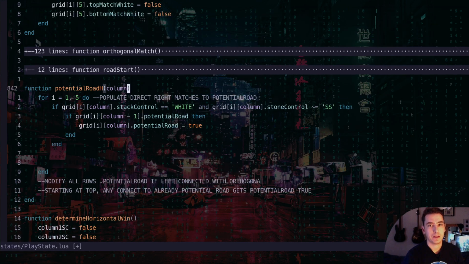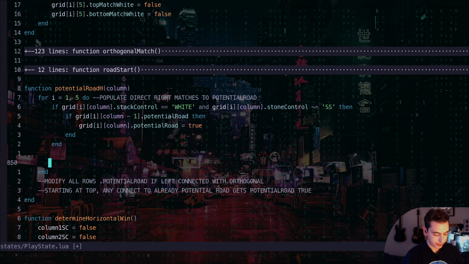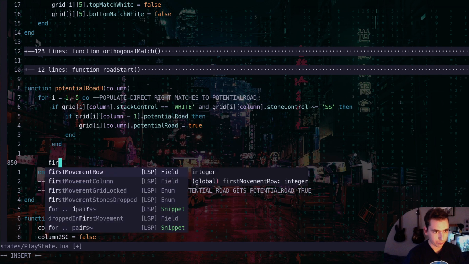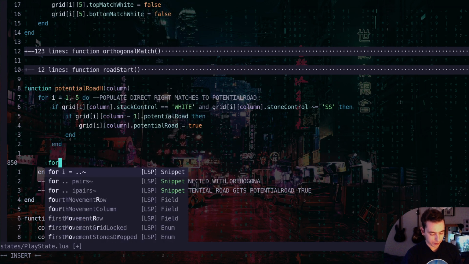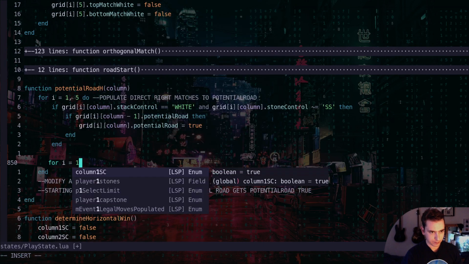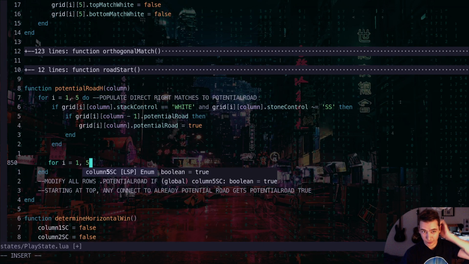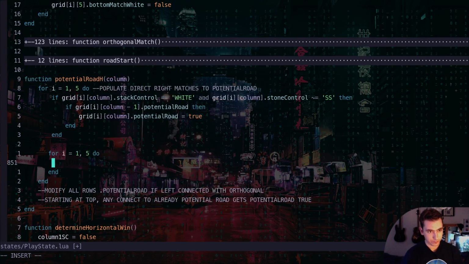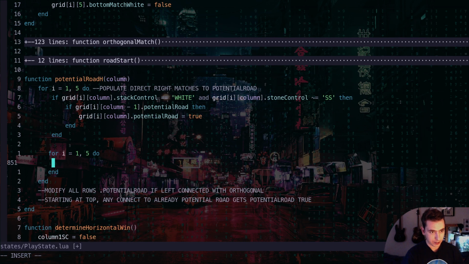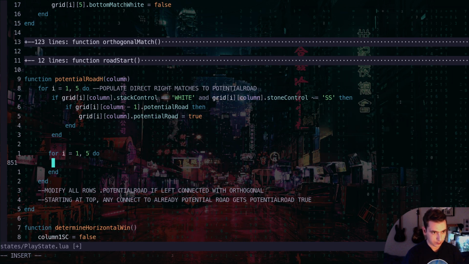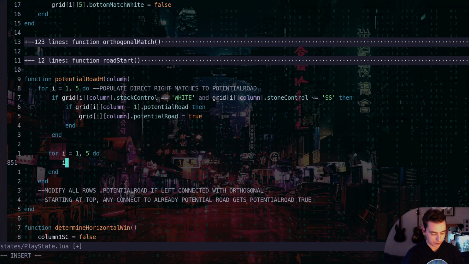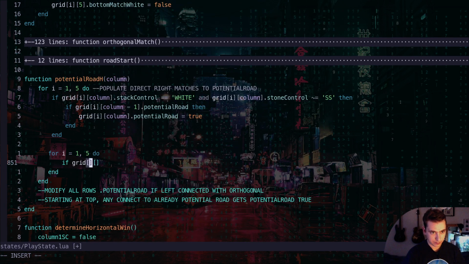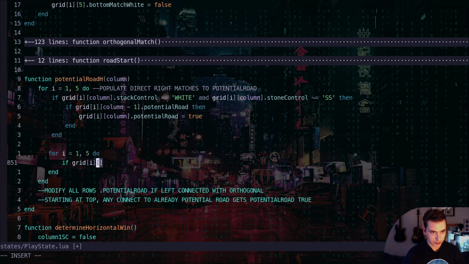Okay, and then once we have done that, once we have all of our potential roads, we're going to cycle through potentially all of them. But we need to say for I gets 1, 5, we're going to cycle through all the rows and ask if we are in fact a potential road. And then we're going to say if the grid at the given I,